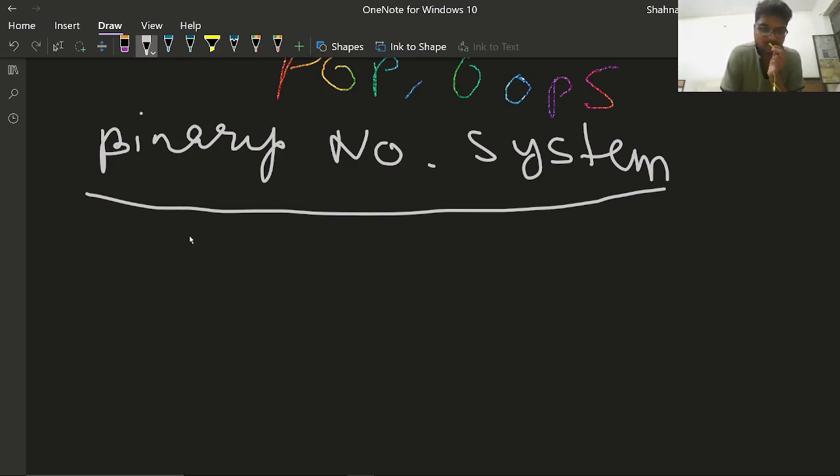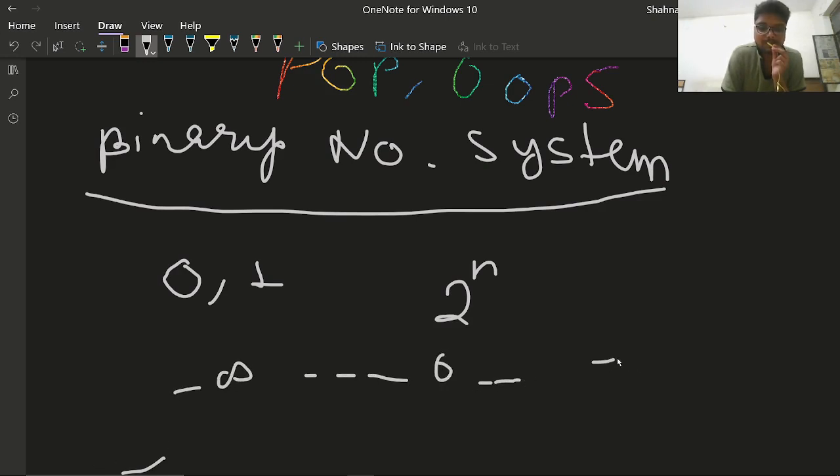So now, binary number system. As I told you earlier, we use only two numbers, 0 and 1. These 0s and 1s are represented in 2 to the power n, where n can range from minus infinity to plus infinity.